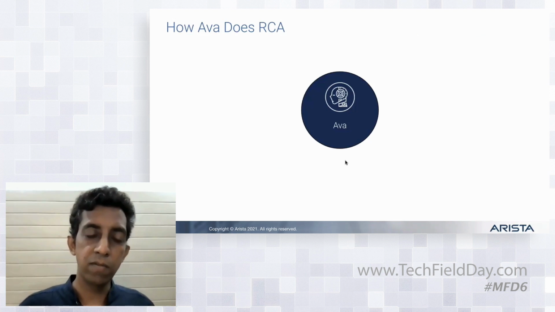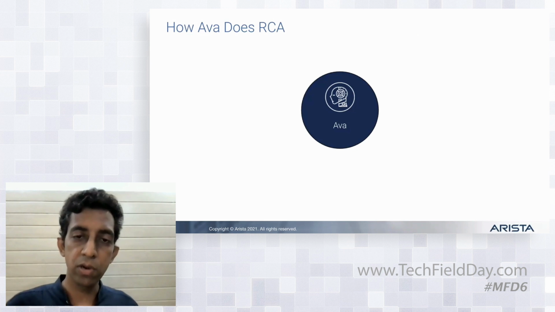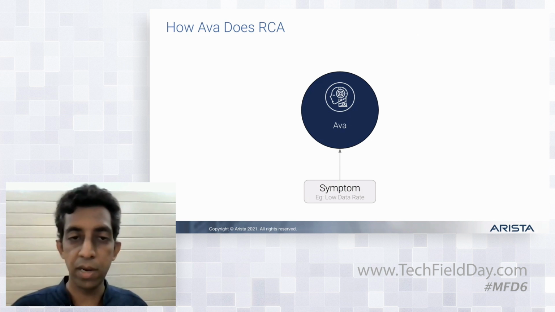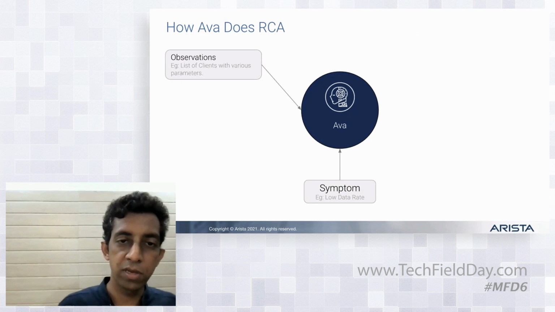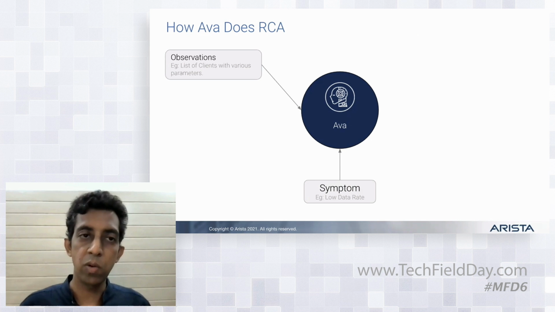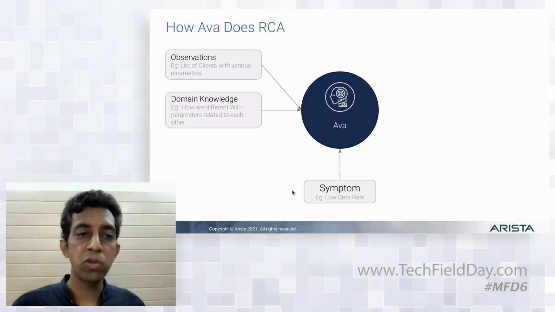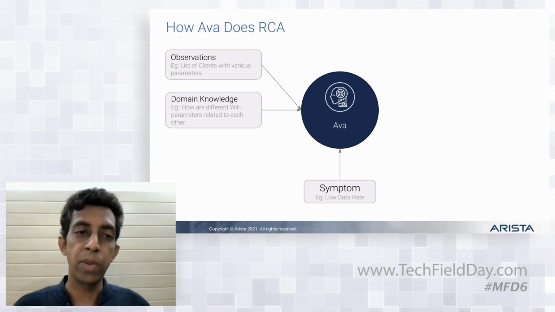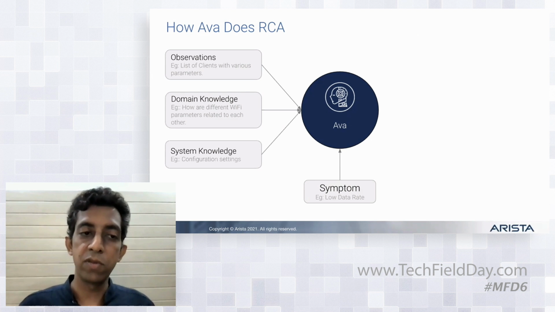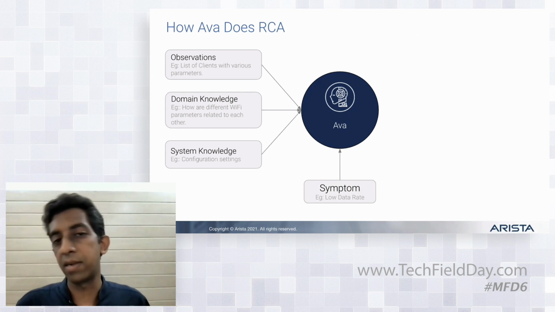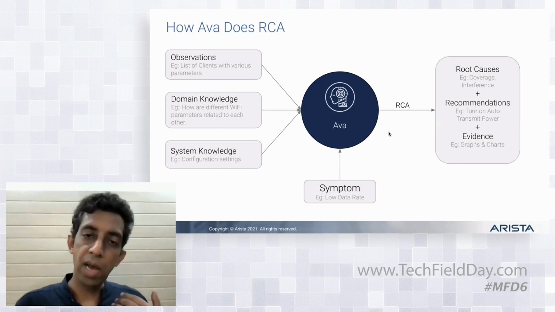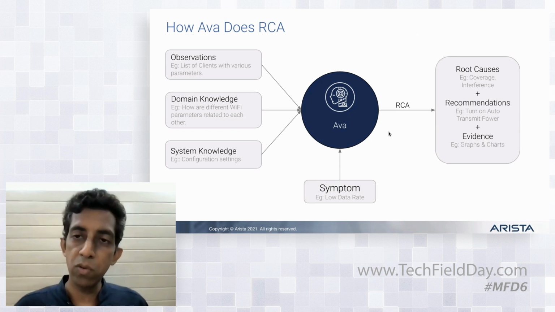Now let's see how Ava does this. We built our automated root cause analysis into Ava. The first step here is really looking at the symptom. What is the client facing? What's the issue that the client is facing? It can be low data rate, for example. Then you look at the observations. You essentially understand what are the other clients in the network and what are their properties. You also look at the domain knowledge. This is something that you know about Wi-Fi, what parameters in Wi-Fi are related to the other parameters. And you look at the system knowledge, which is the configuration setting, what is your SSID setting, and things like that. And once you have all that input, Ava generates the RCA,